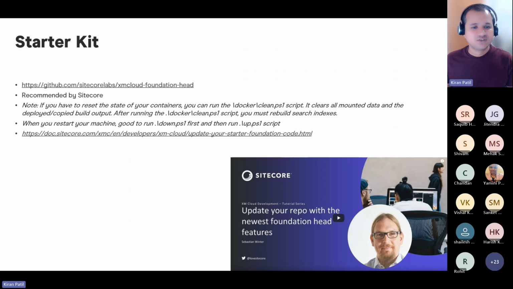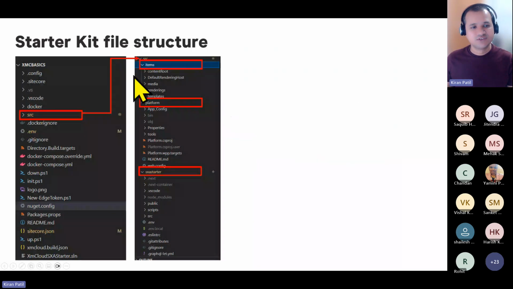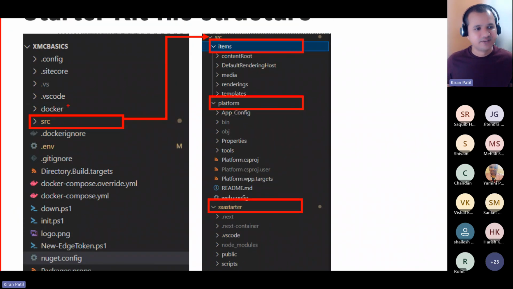Now let's look at this Sitecore starter kit structure. When you download or clone that repo in your local, you will be seeing this directory structure. A lot of folders are here. Basically, all this will contain some configuration and backend stuff. If you are interested, you can explore those. Like some token keys are in this